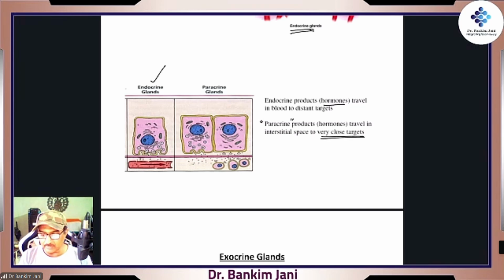As we'll learn in the endocrine system, at that point, these things will be still more clear. But the point to remember is that when it comes to paracrine, it means the target is not far. In endocrine, yes, serotonin, say for example, it is secreted in gut and affecting all the way to the brain, right? Because it is traveling via blood.